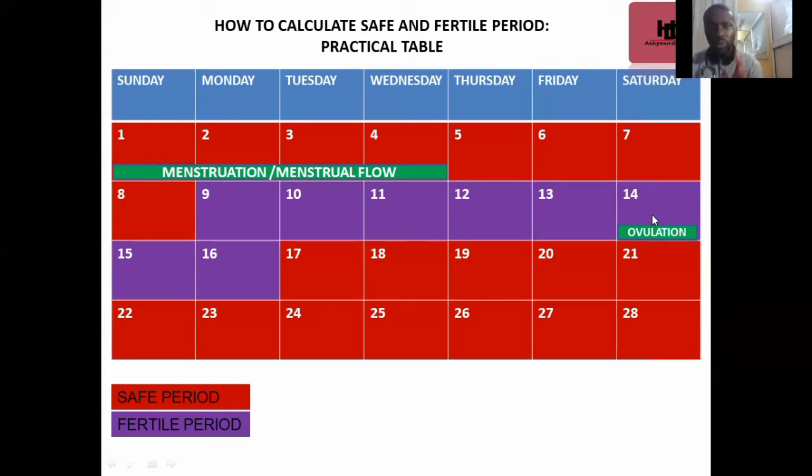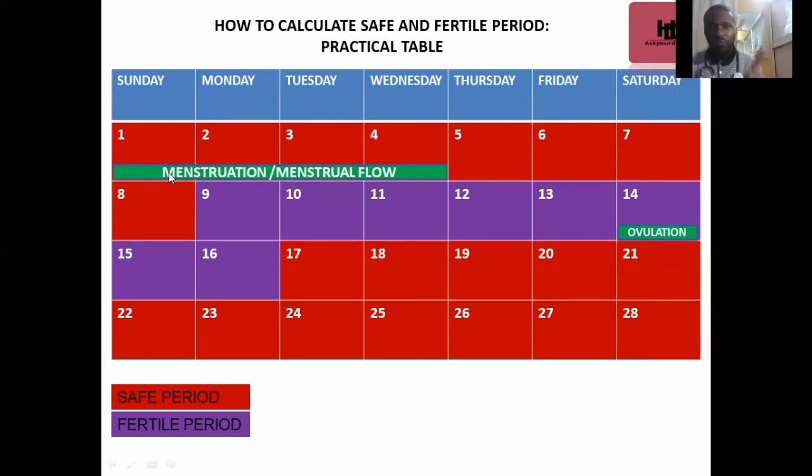So having known this, what it means is that your safe period, where you can have unprotected sex without being afraid of getting pregnant, starts from the first day of your menstrual period. The first day is safe, the second day is safe, the third day is safe, the fourth day is safe, till 6 days before ovulation. The reason why I said 6 days is because when we say sperm can live in a woman's reproductive system for a maximum of 5 days, it will be safer to give an allowance of at least 1 day, because anything can happen physiologically or in any form.